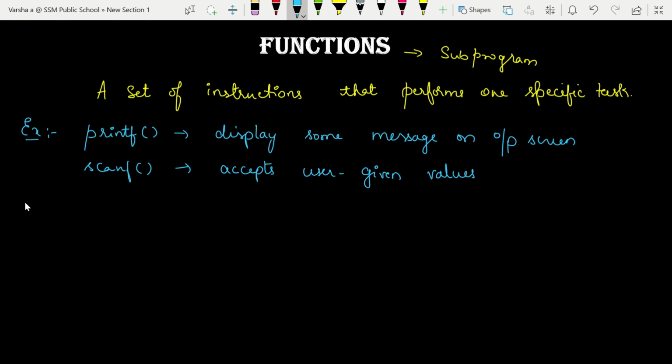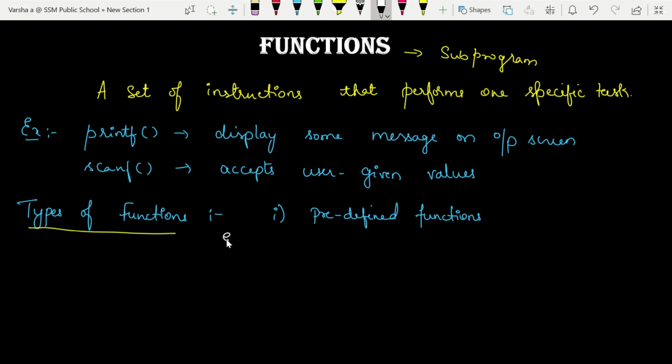So there are two types of functions based on who declares them. They are inbuilt functions, or we can say predefined functions, also called library functions. You can give any name: inbuilt functions, predefined functions or library functions. Examples are whatever functions you have used so far, like the printf function and scanf function. We have used the clear screen function, which is required if you are using any DOS based compiler, that is a 32-bit compiler.